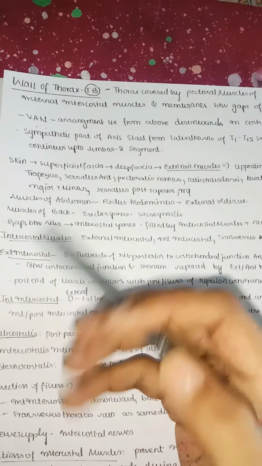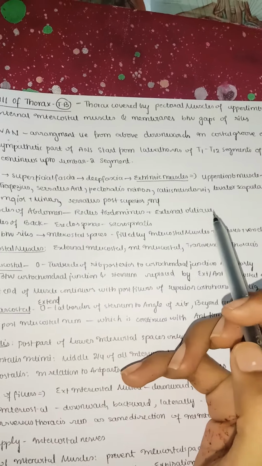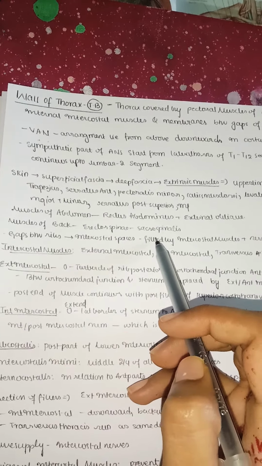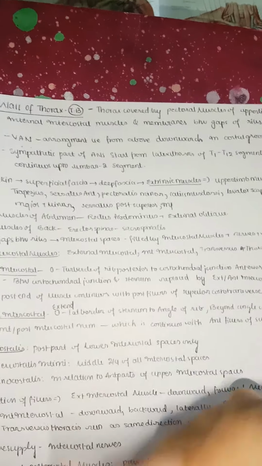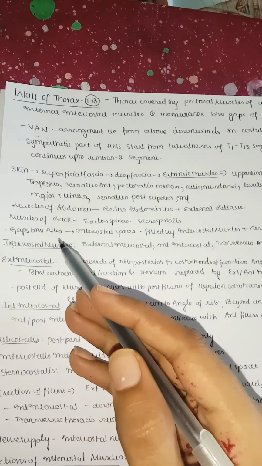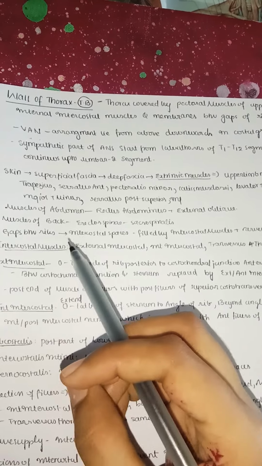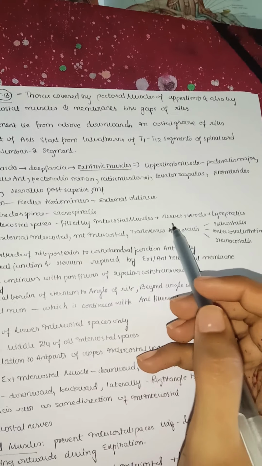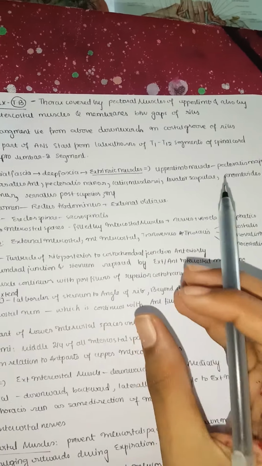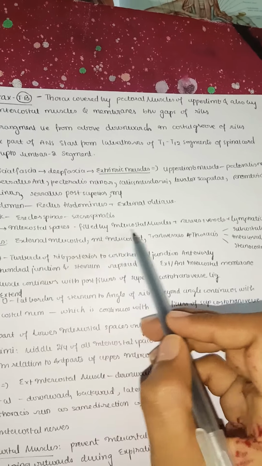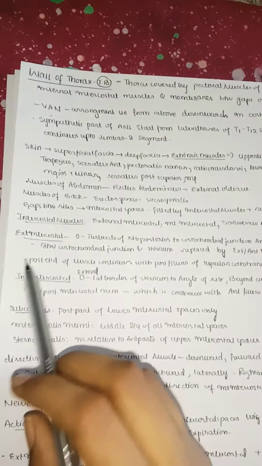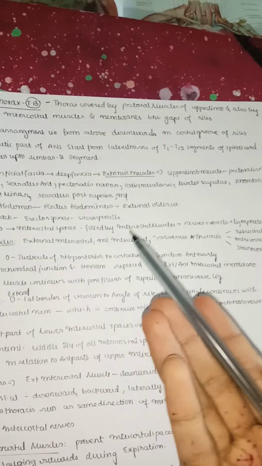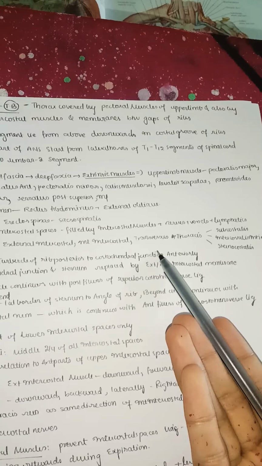Next, the extrinsic muscles of the abdomen, especially rectus abdominis and external oblique, and the muscles of the back like erector spinae, sacrospinalis. These are all the extrinsic muscles which you see after the deep fascia. Next, the gaps between the ribs are called intercostal spaces, and these are mainly filled by intercostal muscles along with some nerves, vessels, and lymphatics. Today in this video, we are going to focus on the intercostal muscles, which are divided into external intercostal muscle, internal intercostal muscle, and transversus thoracis.